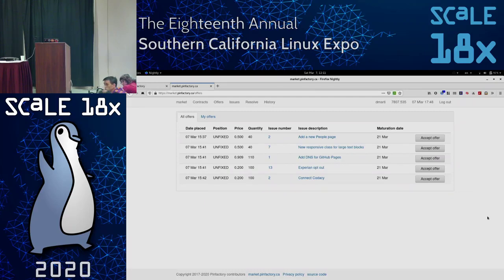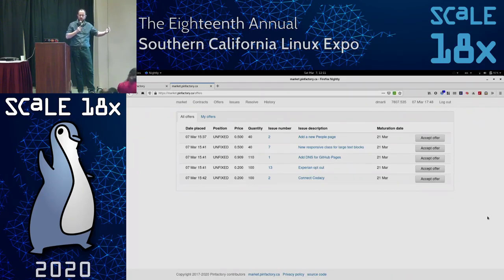Right. So we're looking at the problem from the maintainer's point of view, the downstream user's point of view, and the point of view of the developer who needs to be incentivized. One big problem people bring up is, how do you know that the maintainer is going to resolve these issues correctly?